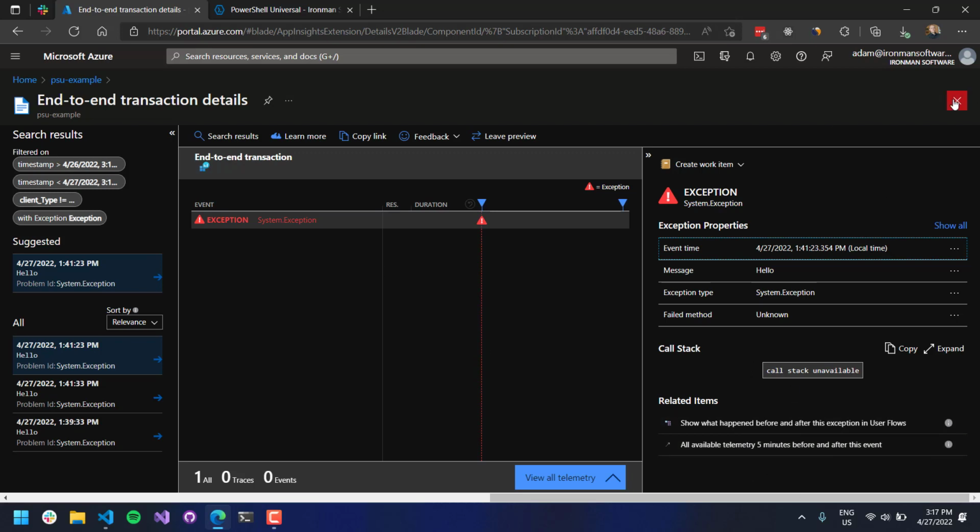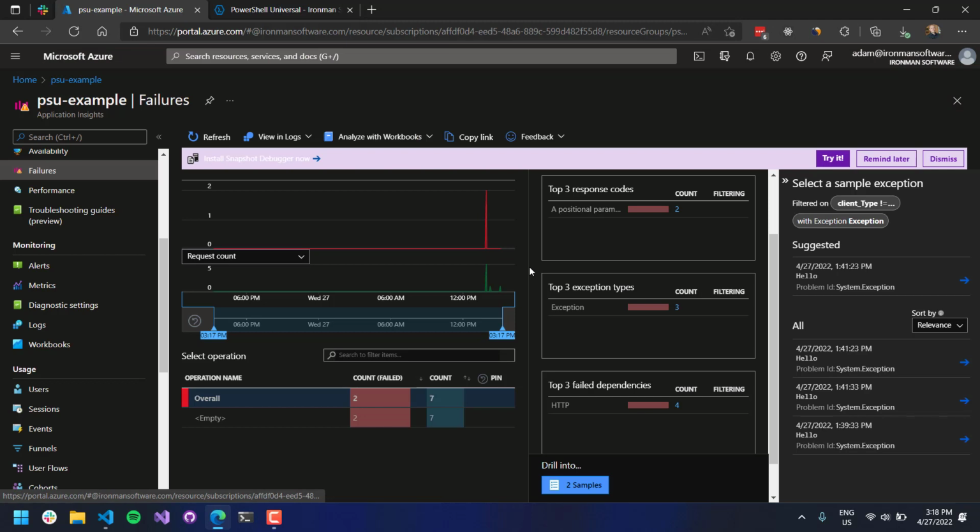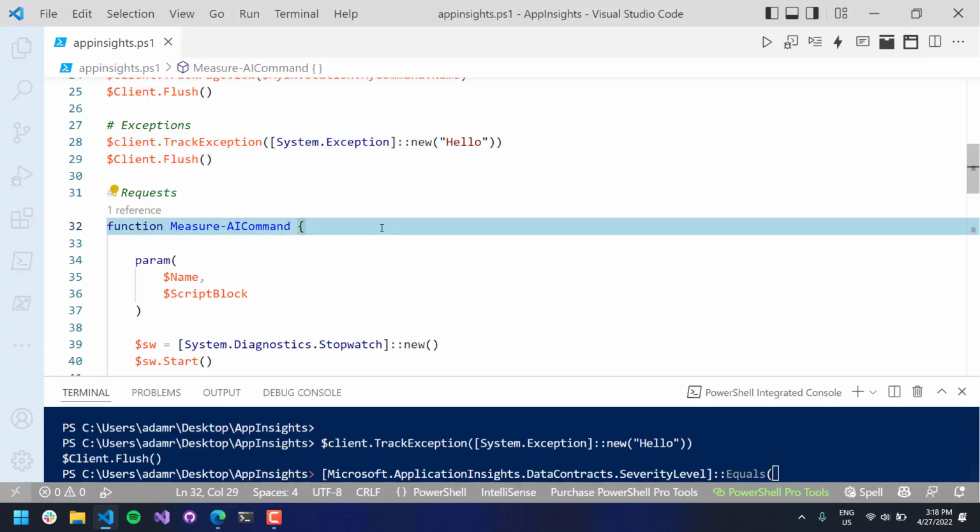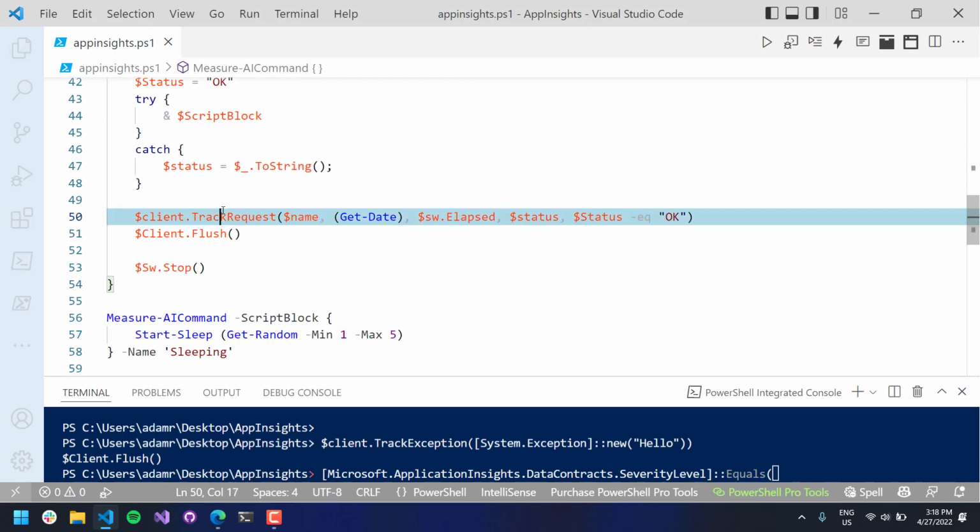So it's a great way to kind of debug your scripts. It gives you a bunch of information. All right, I came up with a little function here because the next one I want to show off is